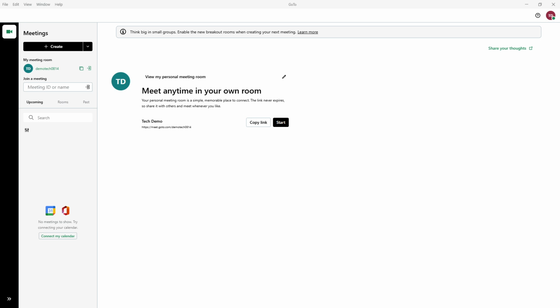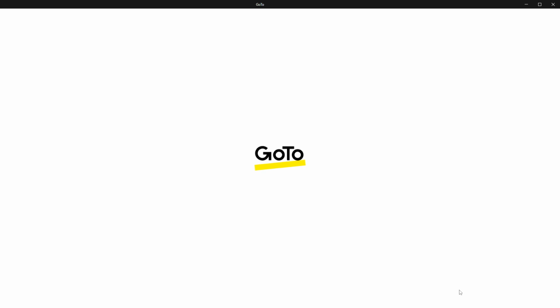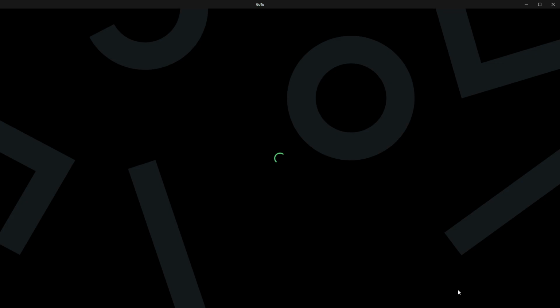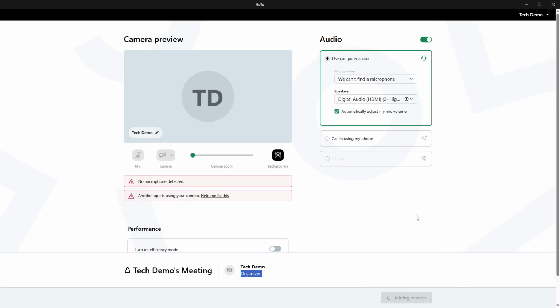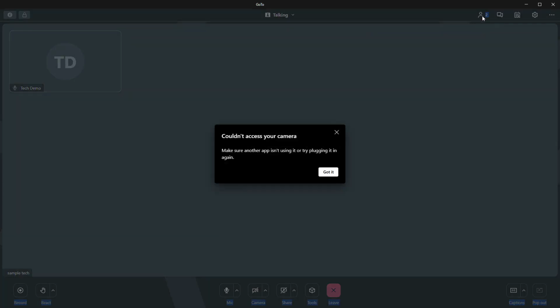To begin, after you've started your meeting in GoToMeeting and you have your participants all set up, take a moment to locate the people icon on your screen. This icon looks like a little person or attendee and is prominently situated in the top toolbar. Go ahead and click on that icon. Doing this will open up the attendee panel, which allows you to see a list of everyone who is currently